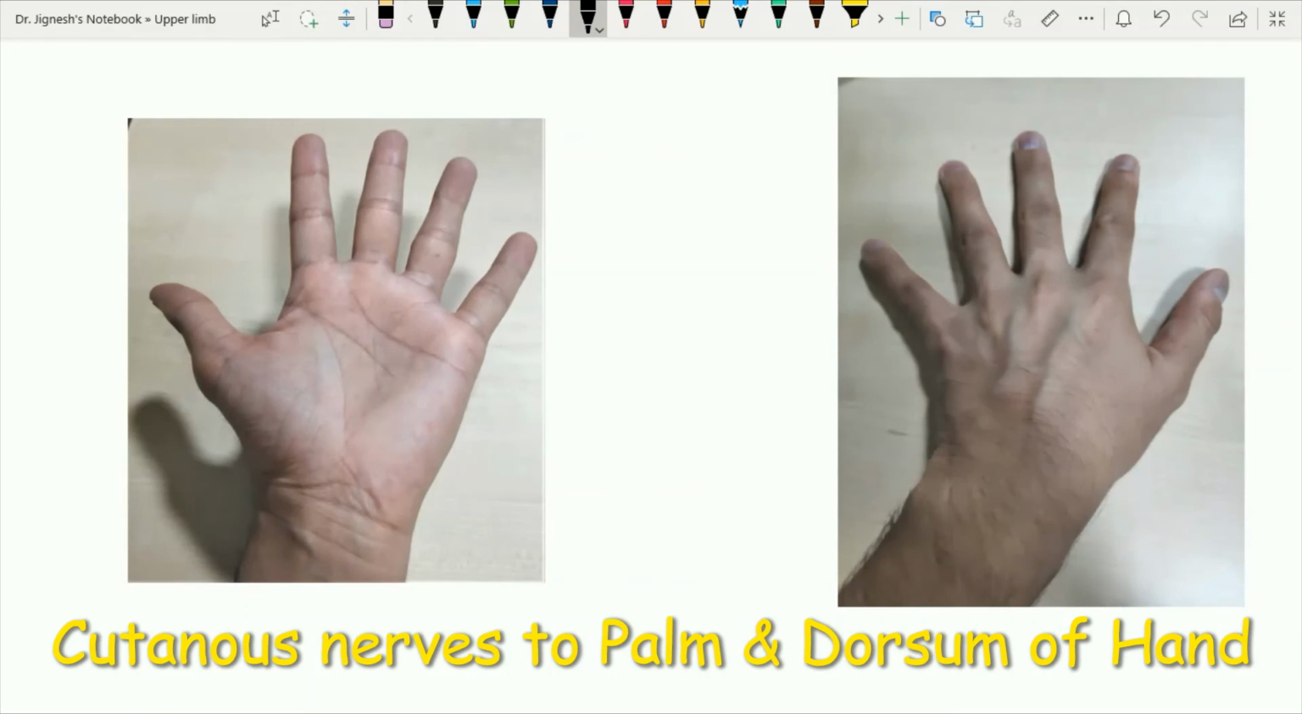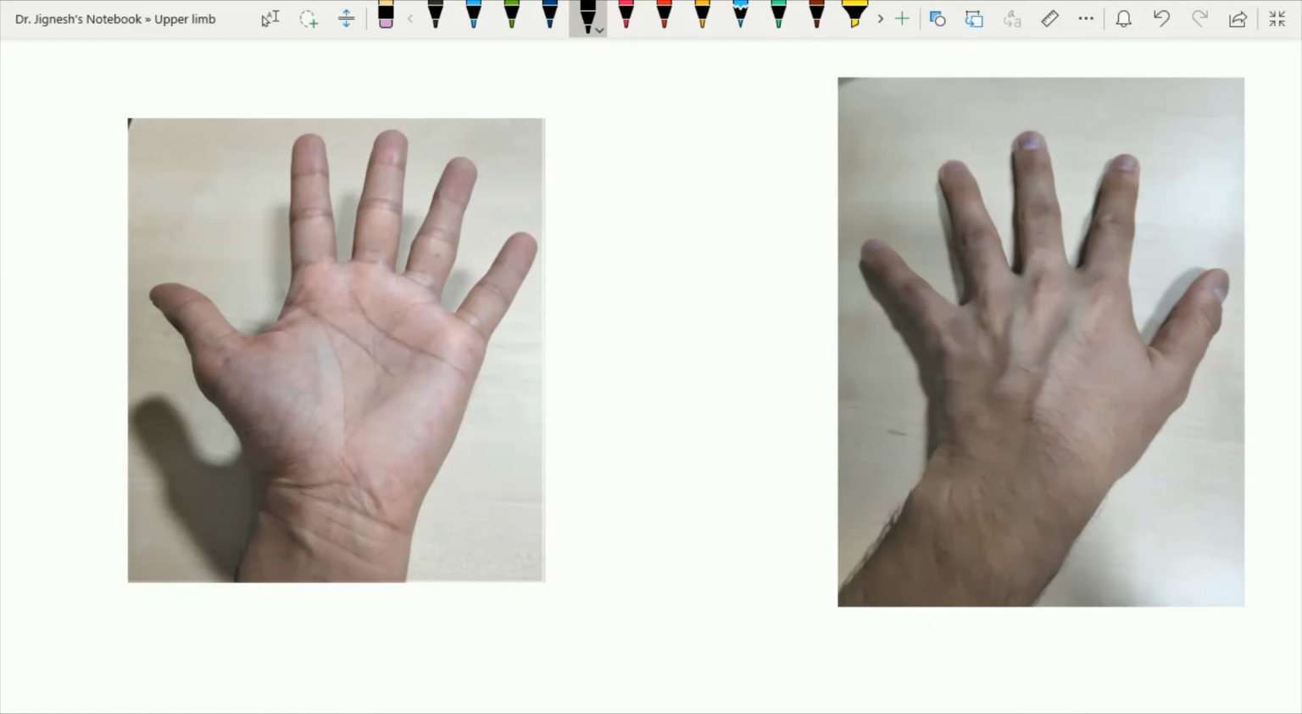Now let's see the cutaneous nerve supply of the palm as well as the dorsum of the hand. In the palm, the medial 1.5 fingers along with the ulnar side of the palm are going to be supplied by the superficial branch of the ulnar nerve. And the superficial branch of the ulnar nerve is also going to supply the dorsal aspect of the medial 1.5 fingers up to the middle phalanx,